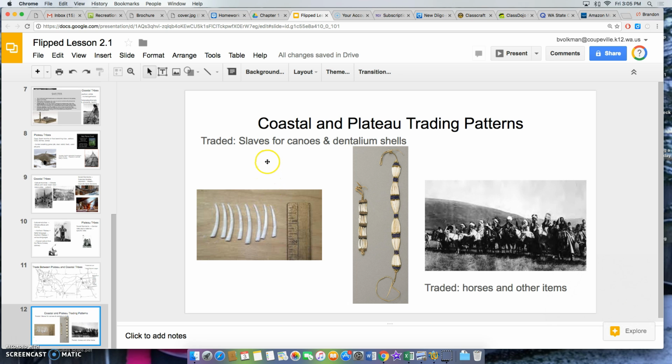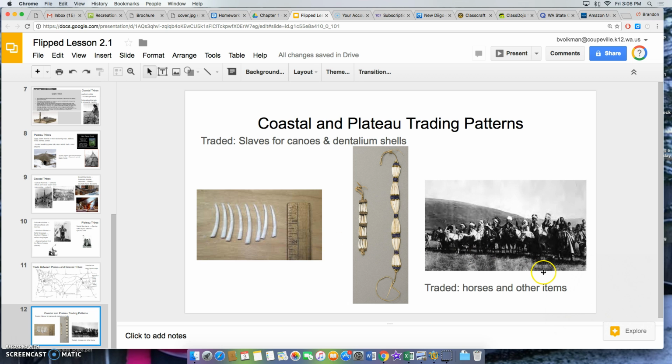All right, lastly now, let's look at some trading patterns. In the coastal regions, they would trade slaves for canoes and these type of shells, which I'm not going to try to pronounce because I know I'll butcher the name. And as you can see, these shells could be put into bracelets and any types of jewelry. And in fact, these shells were so important to the coastal tribes that they're actually used as money in their